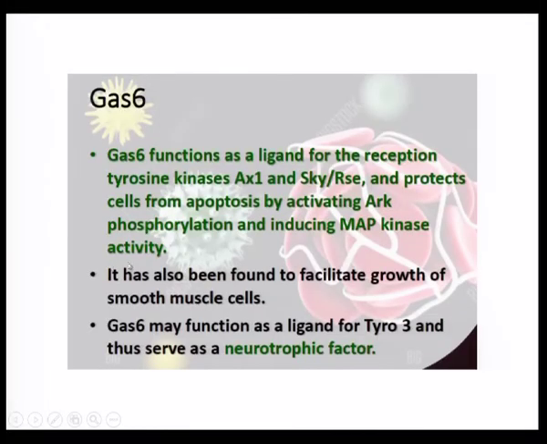So, now as a summary, if you look at this, how this particular Gas6 is involved in the phosphorylation and inducing MAP kinase activity. So, you have a tyrosine kinase enzyme playing an essential role, and this particular protein basically functions as a ligand for the receptor tyrosine kinase. So, you see there Gas6 and tyrosine kinase are closely related, and this pathway is extremely essential in terms of